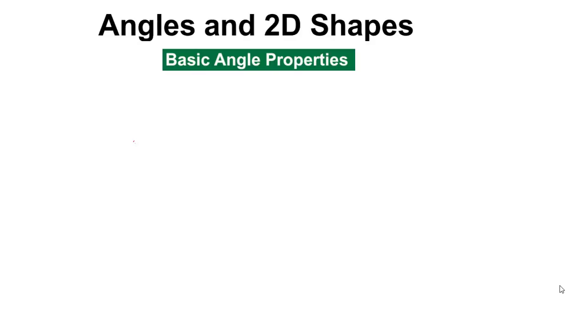Welcome to our first lesson on angles. What we're going to be doing today, we're going to be finding angles on a straight line. We're going to be finding angles at a point, making a circle, and we're going to be finding angles on a right angle triangle. So what we're going to do really quickly is to go back to the basic properties